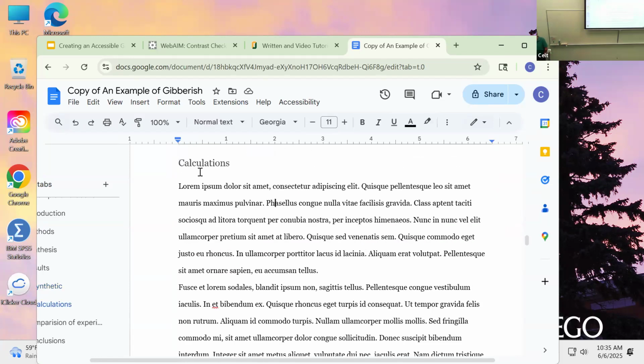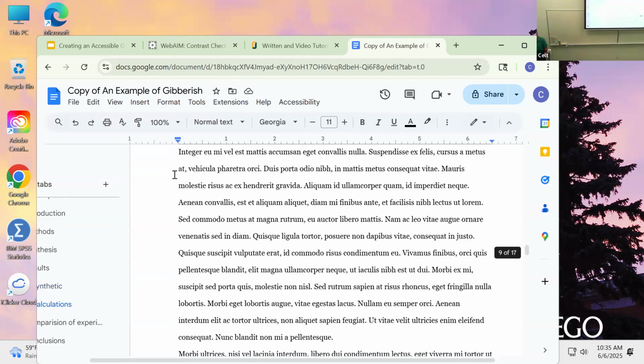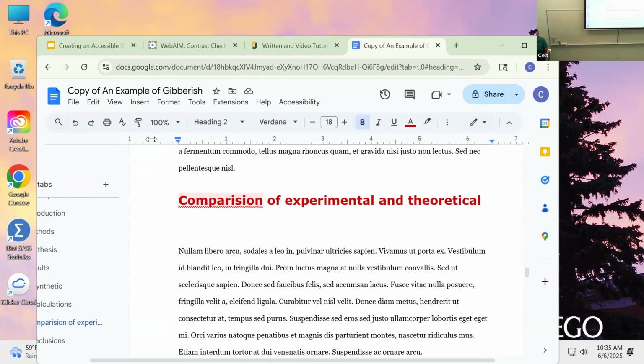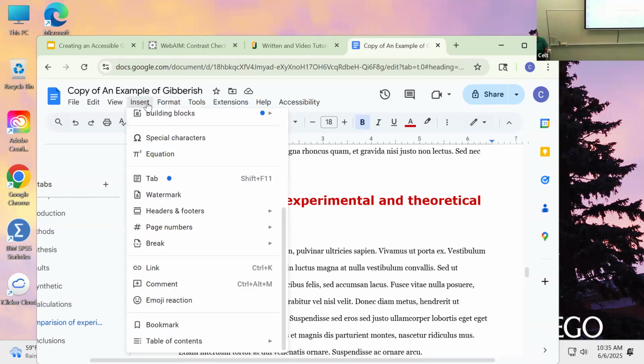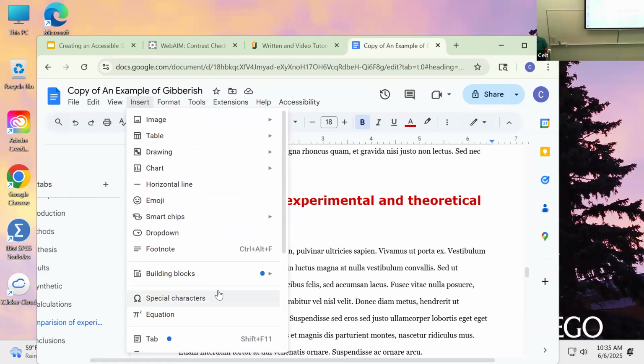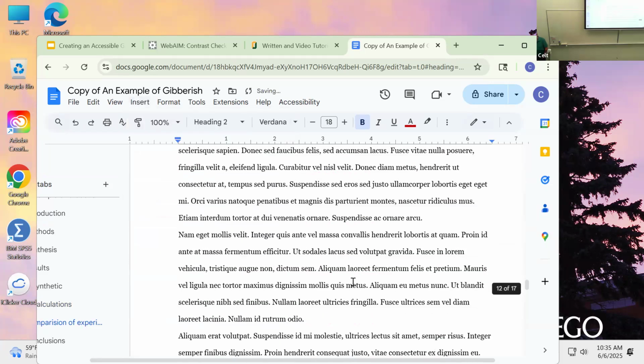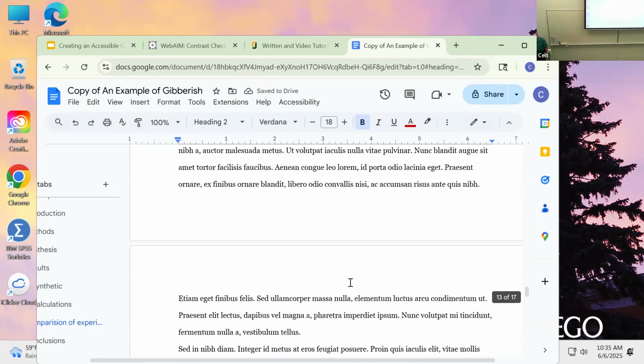I know you sometimes want things to show up at different places or start a new page, right? Don't just add a bunch of returns. Use a page break, right? If you want it to really break, right? You can also do